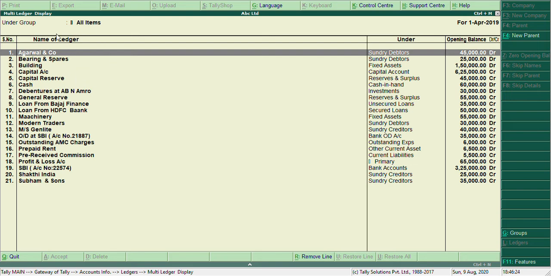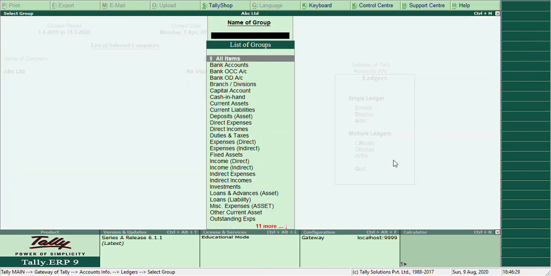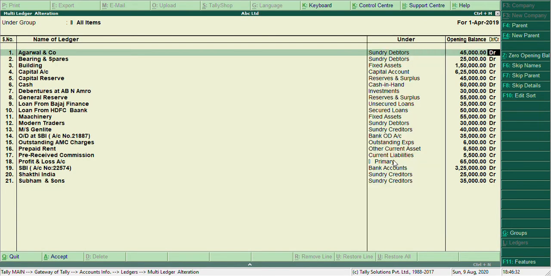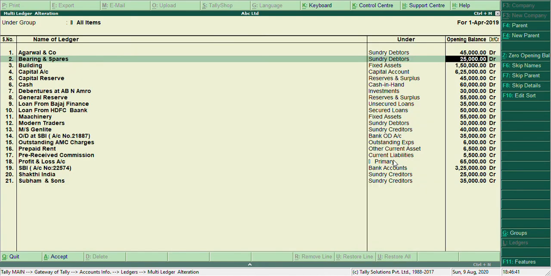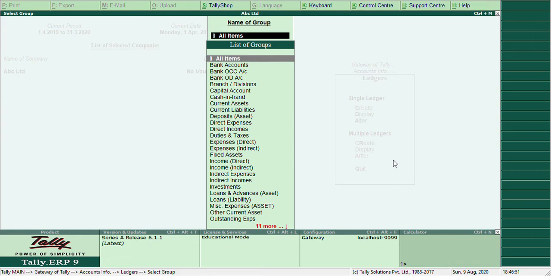If you have to alter, you can go for alter, select all items, and make any alteration. If all the opening balances have been given wrong or anything has to be altered, after altering you have to save them. There is a shortcut key to save from there: Control and A. Control A is to accept from the field where you have made the changes.